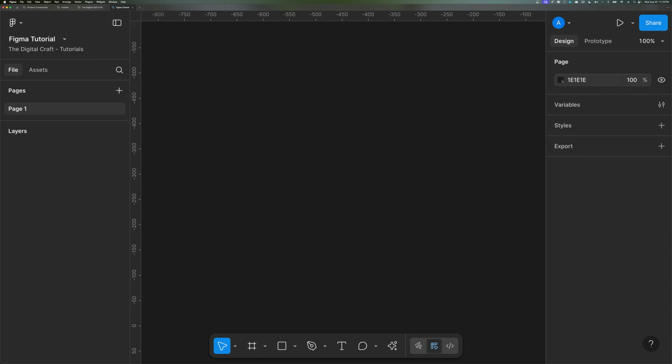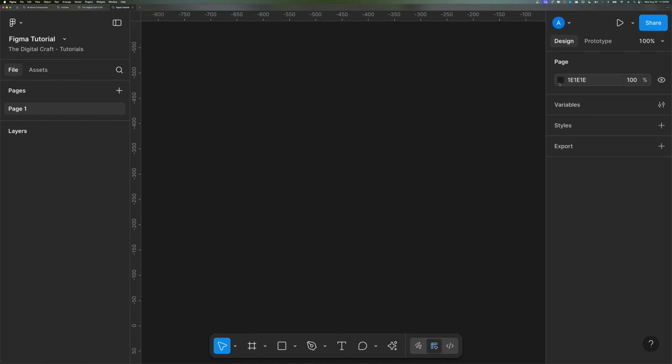So the first one is obviously just the color. Normally, for most items you select, you would see a bunch of properties to change. For the page, really, your only property is the color of the background here,